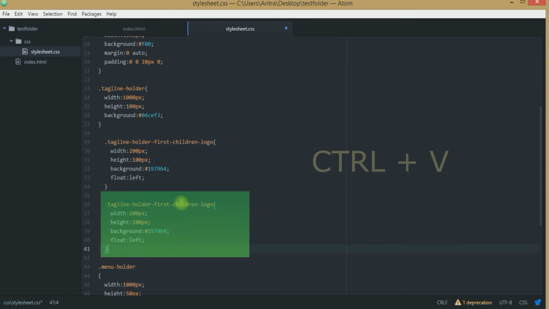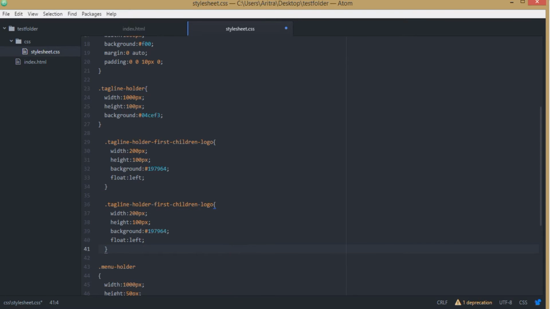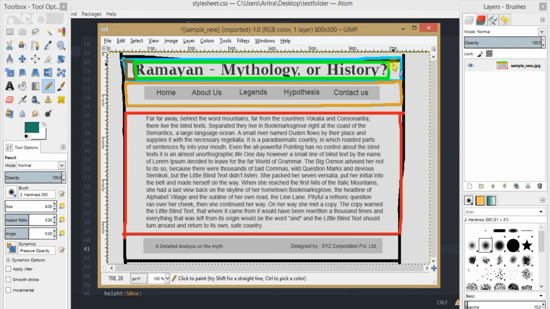Now this time we are talking about the extreme right condition. That means this box now we have to consider over here. In the same manner, as we have assumed that the total width of this tagline part is 600 pixels, if you deduct this 600 pixels from this 1000 pixels, then the remaining part is 400 pixels.